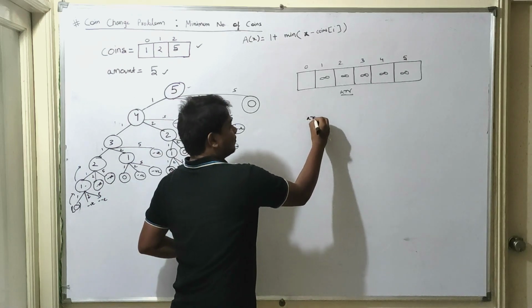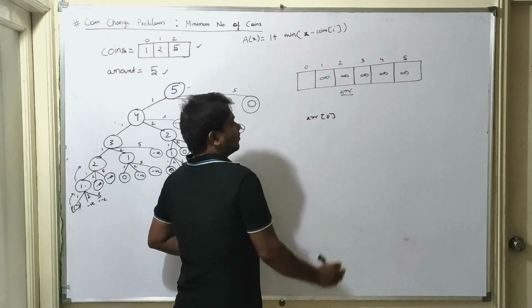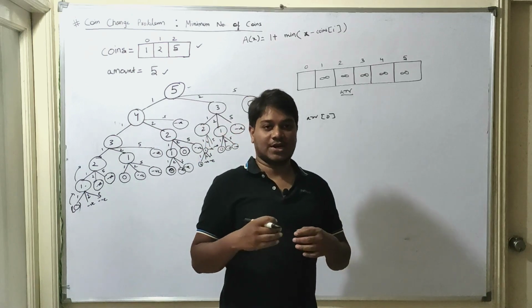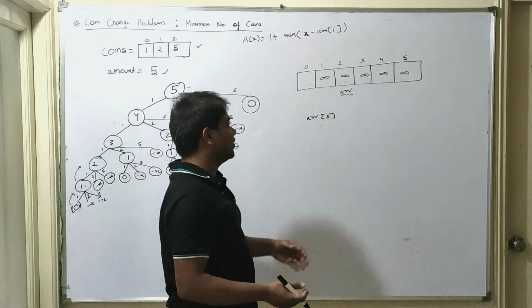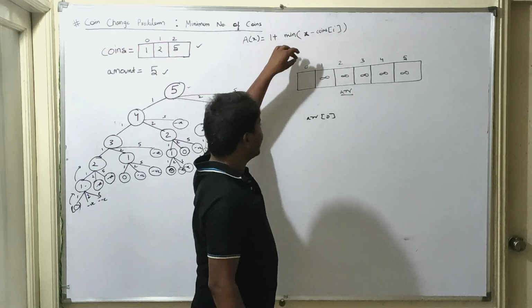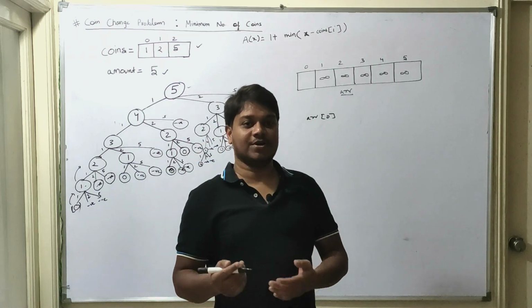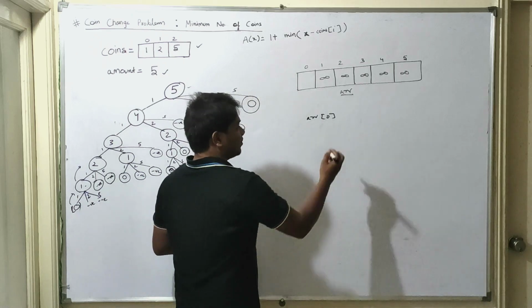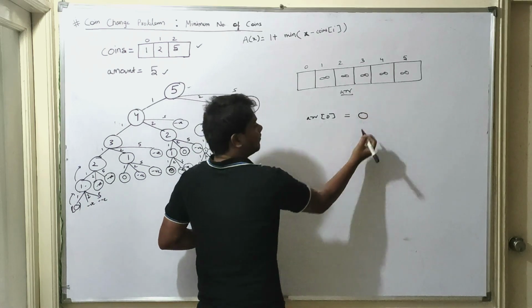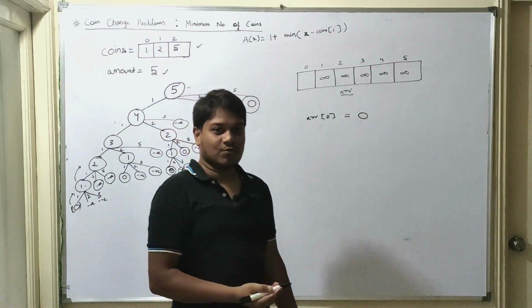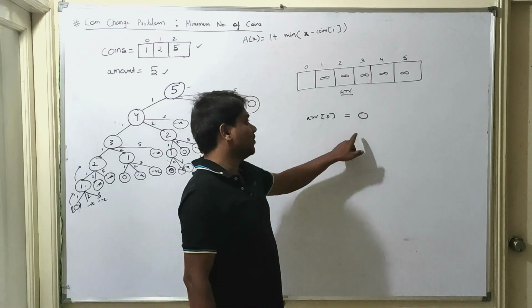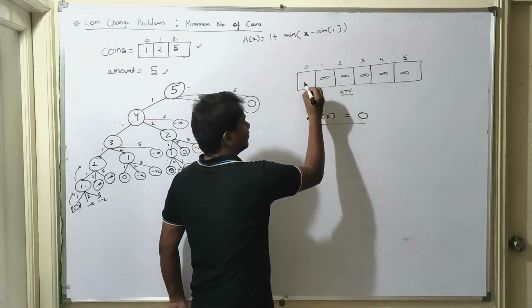What is ARR 0? So the question is, how many ways are there to create an amount of 0 rupees having given the amount 1 rupees and 2 rupee and 5 rupee? There are 0 ways to do it. We cannot use any of the coins to create 0 rupee. So ARR 0 is 0.